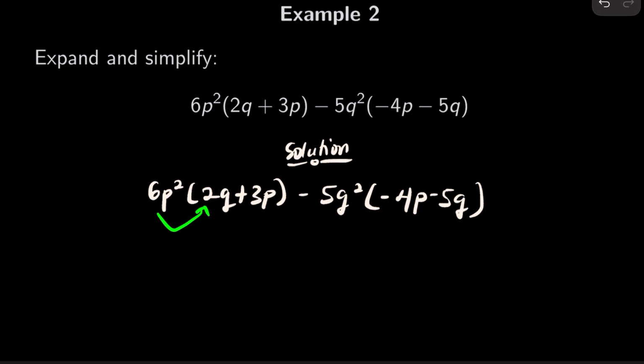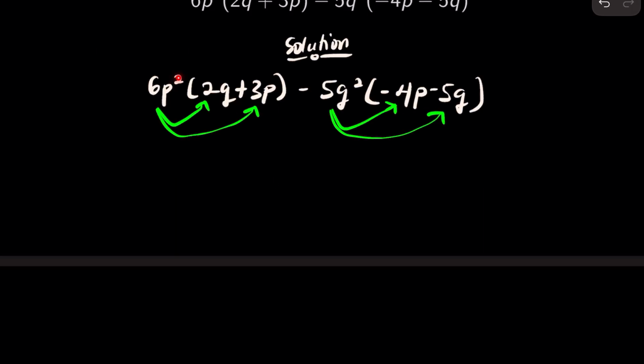So this will multiply this and also that, and this will multiply this and also that. 6p squared times 2q is equal to 12p squared q, then plus 6p squared times 3p is going to give us 18p cubed. Now here we have minus 5q squared times minus 4p. So minus minus is going to be plus, and 5 times 4 is 20. So we are going to have